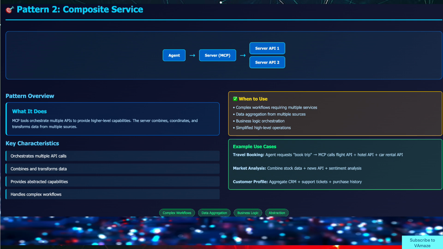Composite Service pattern. Now, let's step up the complexity with the Composite Service pattern. Unlike the Direct API Wrapper, this pattern orchestrates multiple APIs to provide higher-level capabilities. Your MCP server becomes a conductor, coordinating calls to multiple services, combining their data, and presenting a unified interface to the AI agent. The agent makes one request to the MCP server, which then intelligently calls multiple APIs and synthesizes